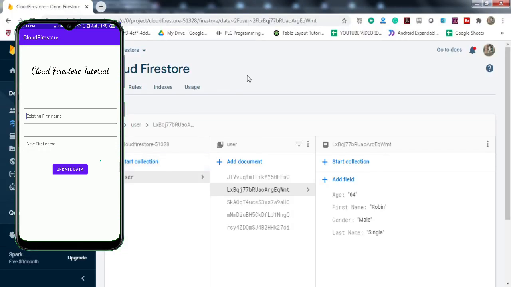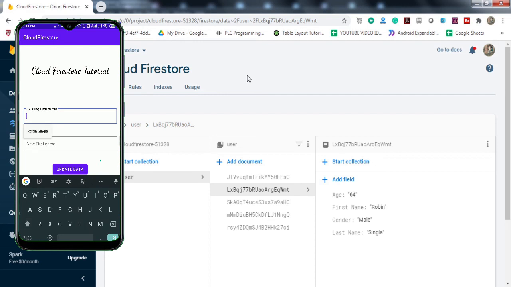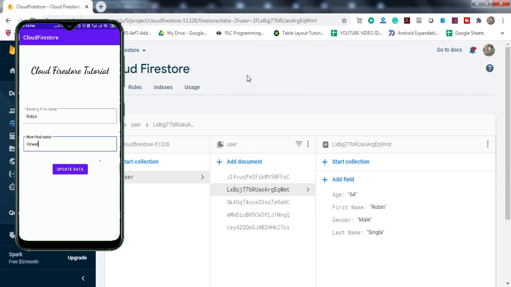I'll type Robin as the existing name and Vinita as the new name. If I click on the update button, you can see the name has been changed to Vinit.